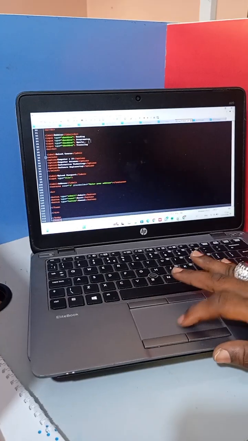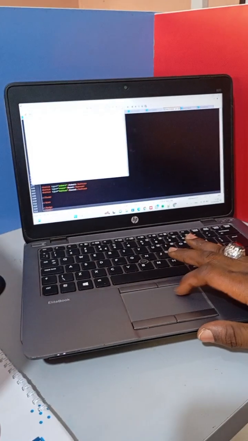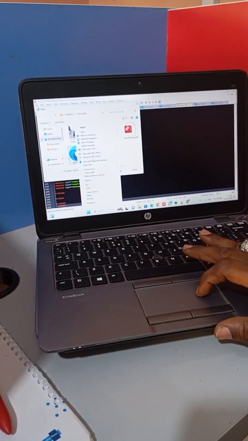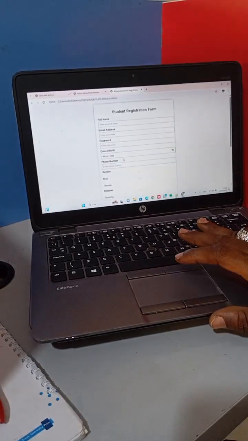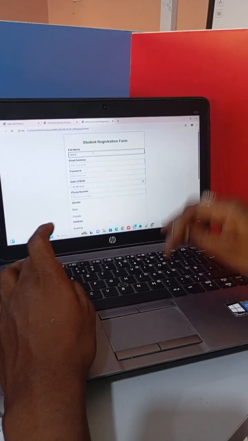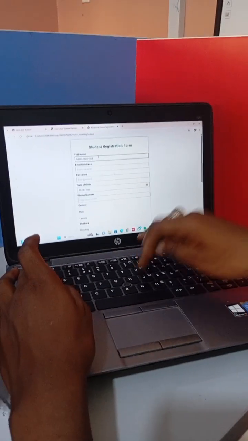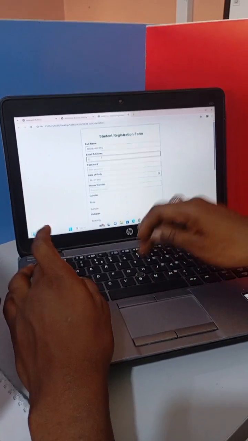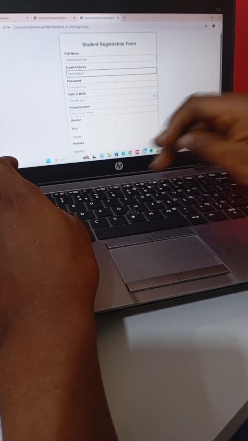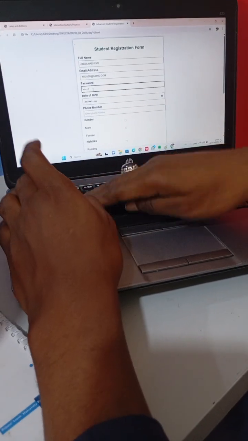Then if we move to day 16, still in this week, you can see some things. This is a form we designed so far. Let me write the name, then this is my email, abd@gmail.com, then this is the password.